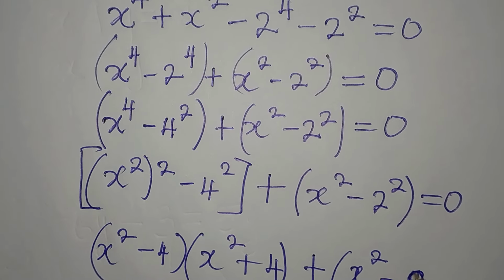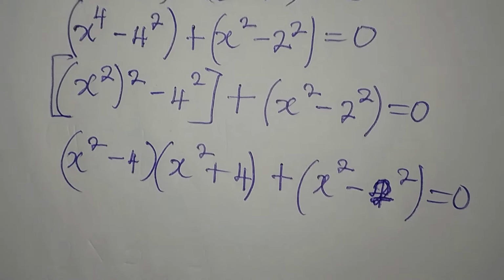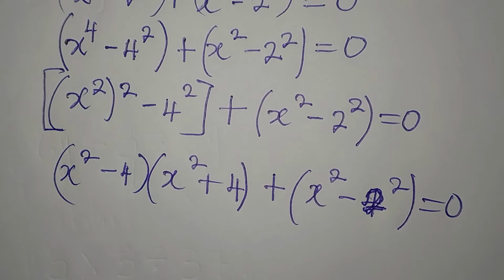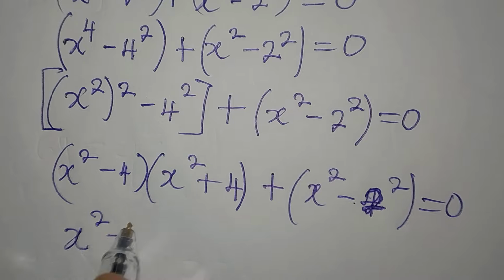Okay, let's just use 2 squared first. So this is equal to 0. Now if you look at this, is there anything common? Let's take a look at that very well. Yes, something is common, right? Because we believe that this and this are the same. You can even do it this way: x squared minus 4